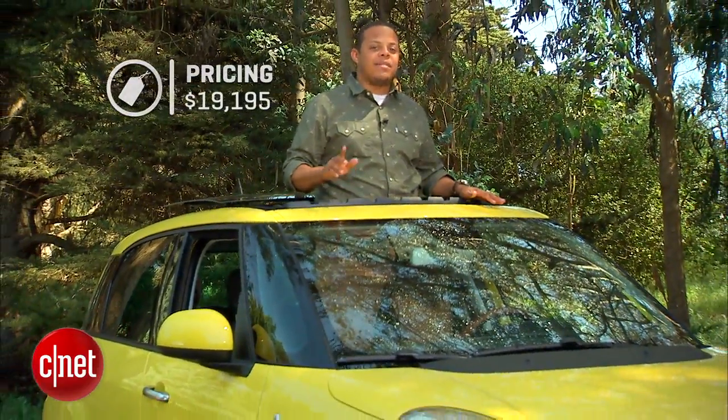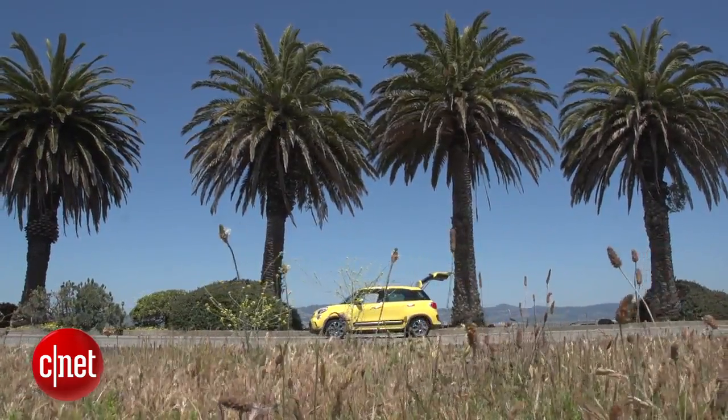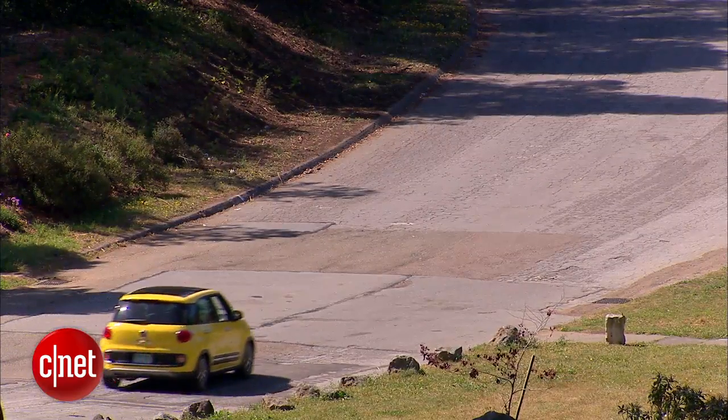Okay, let's price this 2014 Fiat 500L. The 500L is going to start at $19,195 at the entry point, but this Trekking model has a couple of additional creature comforts and styling upgrades. It's going to bring the price up to about $22,000. However, as tested, we're at